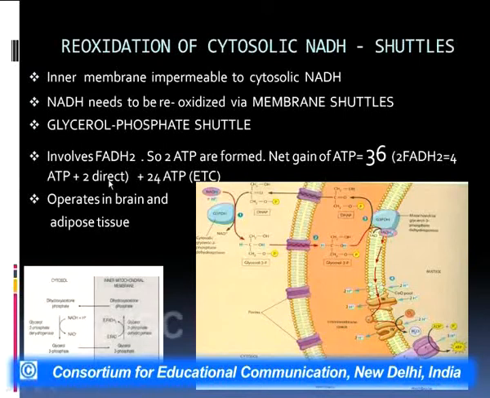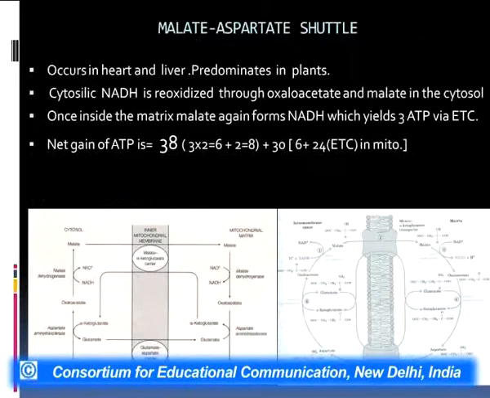This is the whole process for glycolysis, and 24 ATP have already been formed through the ETC, so the total number of ATP molecules is 36. Unfortunately, this type of shuttle operates in our brain and in the nervous tissue. So, this is the story of 36 ATP, whereas in our heart and liver and also predominantly in plants,